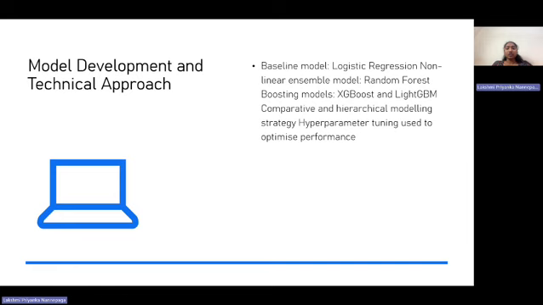After that, I apply boosting based models, specifically XGBoost and LightGBM, because these methods reduce error and are particularly strong for structured tabular datasets. This comparative design is technically important because it allows me to evaluate whether increasing model complexity produces meaningful performance improvements.